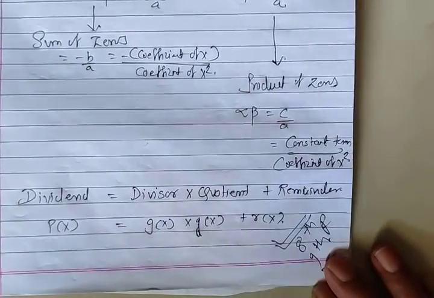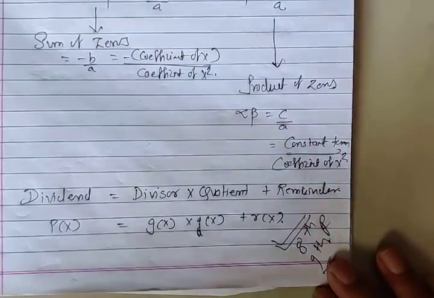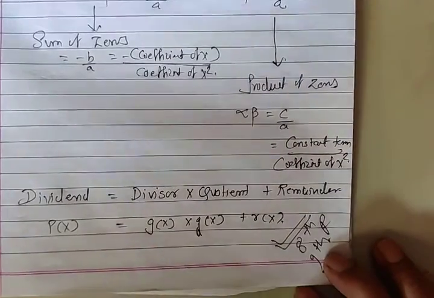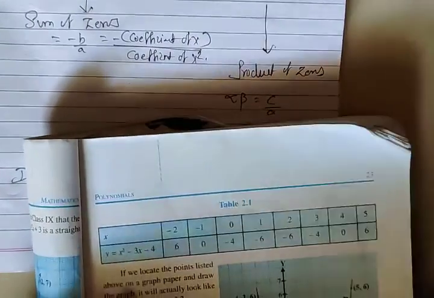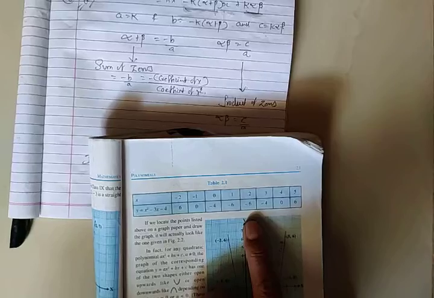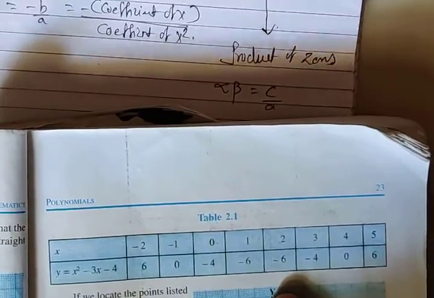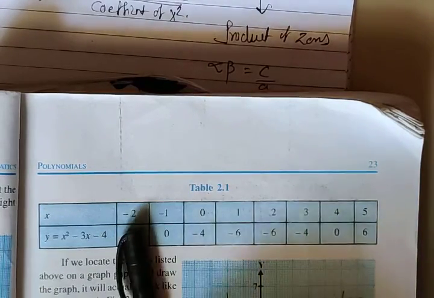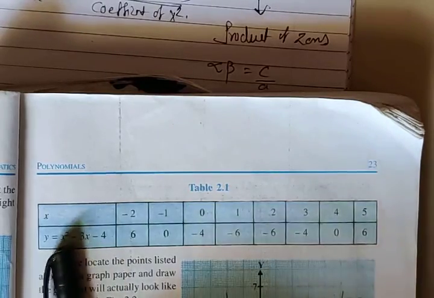For that I am taking one graph and I am going to explain that is been given on page number 23. Now based on this, I am taking one table that is having a value. When x I am taking a different variable that is a value of k. Y is relevant to the equation that is x square minus 3x minus 4. While taking x is equal to minus 2, here I have to put value of x as minus 2